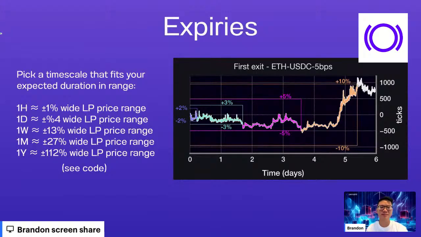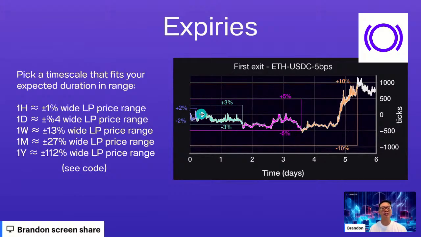Expiries of an option. This is typically how long you have until the option becomes useless. You can't use it anymore. But as far as an LP position goes, that's perpetual. They never expire, but they do go out of range. And so if you look at the price of ETH, for example, the price wiggles around, and it can take